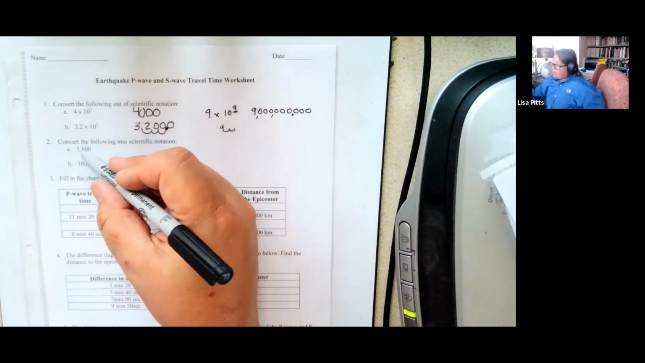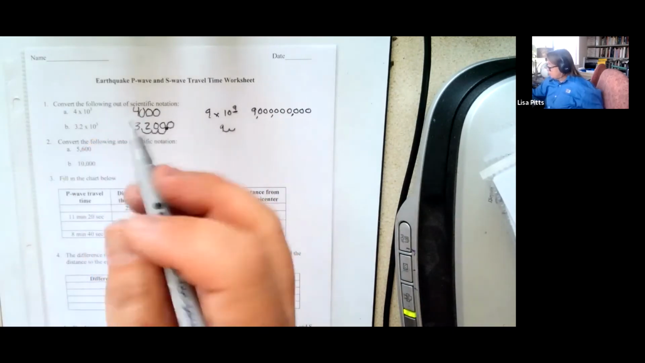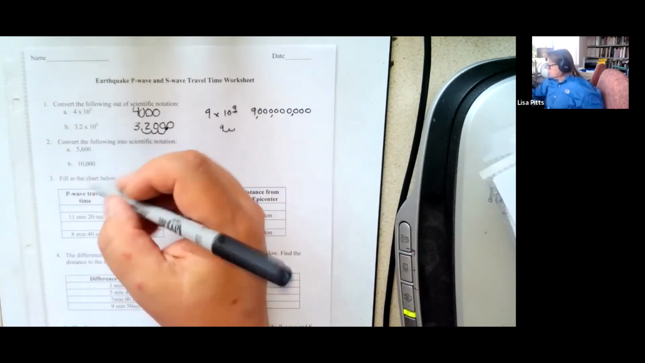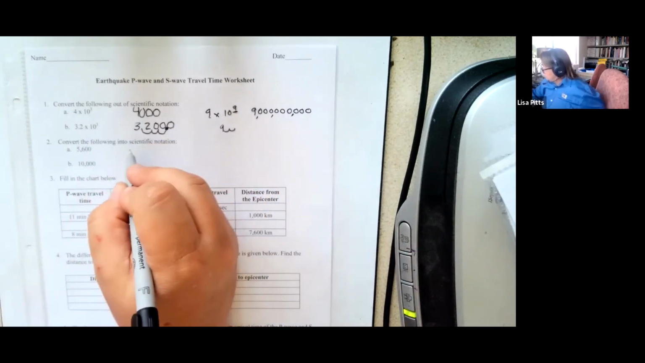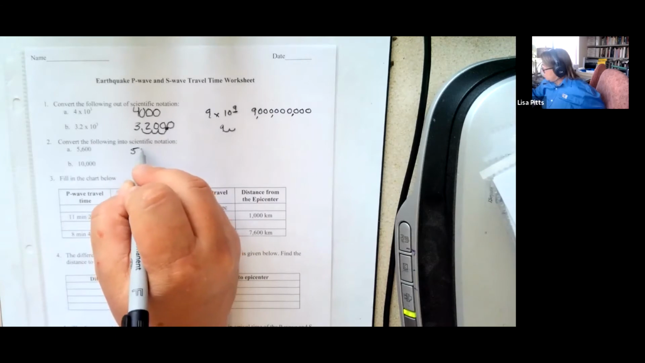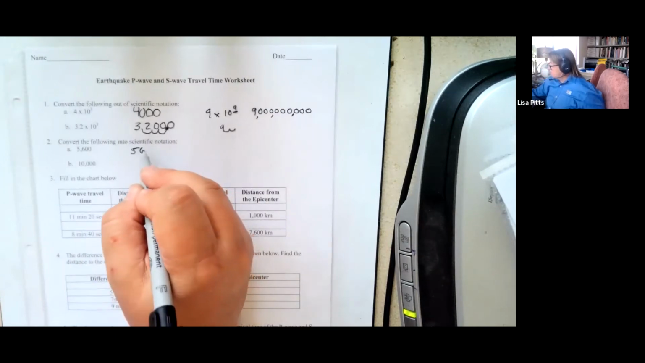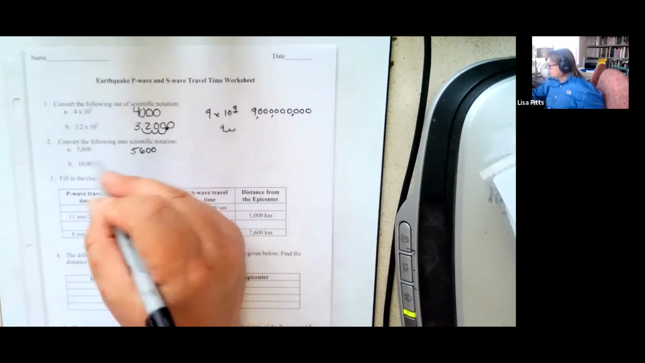Okay, and then the other one is, of course, going to be the opposite. So converting it from a big number. These aren't big numbers, but from this number into scientific notation. So let's see. We start by writing the number. And this time we're going to move the decimal until it gets in between these two. So we end up with just a whole number with no zeros. So we have to move it 1, 2, 3 times. So this would be 5.6 times 10